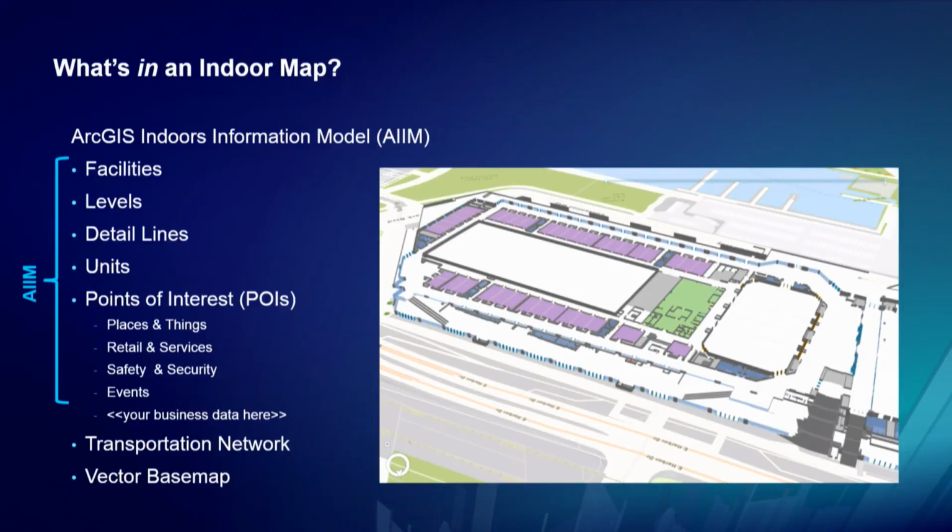And so in the indoor data creation process, we want to add some basic Z information. So what's the relative floor height for the different floors of the convention center, for example? This is important not only to support 3D applications, which this is from, but also to create our transportation network, which is actually a 3D network data set. We were able to do that in the 10.0 release, actually 8 years ago, around this week.